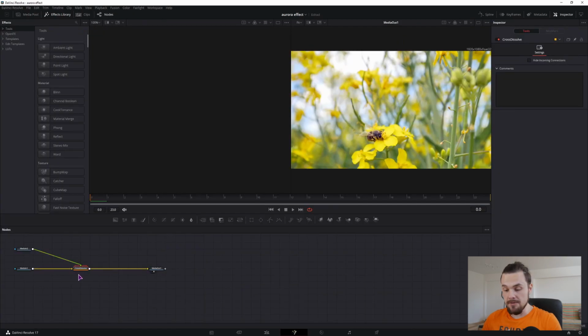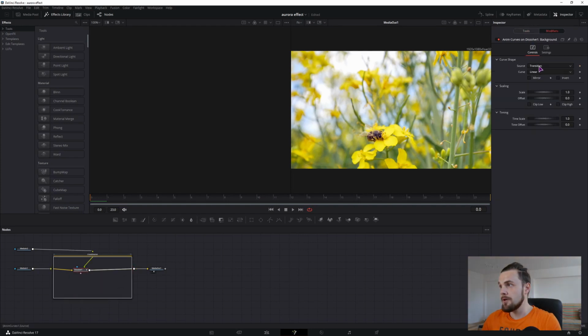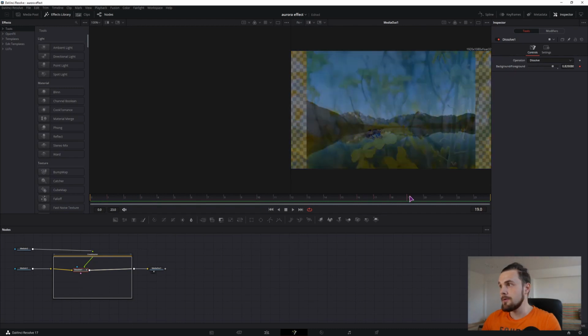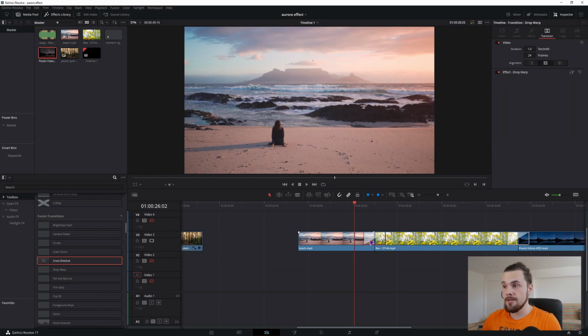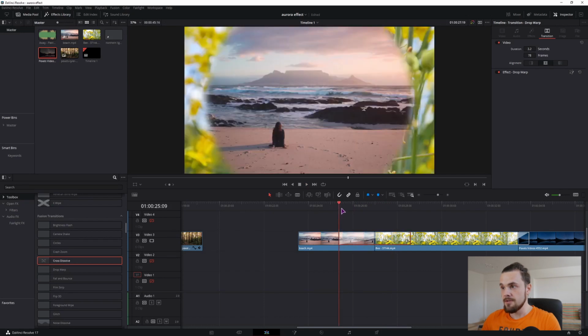This is a basic cross dissolve node. Control E to show the group, and it's just a dissolve. As you can see, it's dissolve, and under the modifiers you have transition linear. And what it does is that it changes between the foreground and background throughout the whole clip. And I'll show how you do that in this example. The transition I've made is like this. That can also be increased.